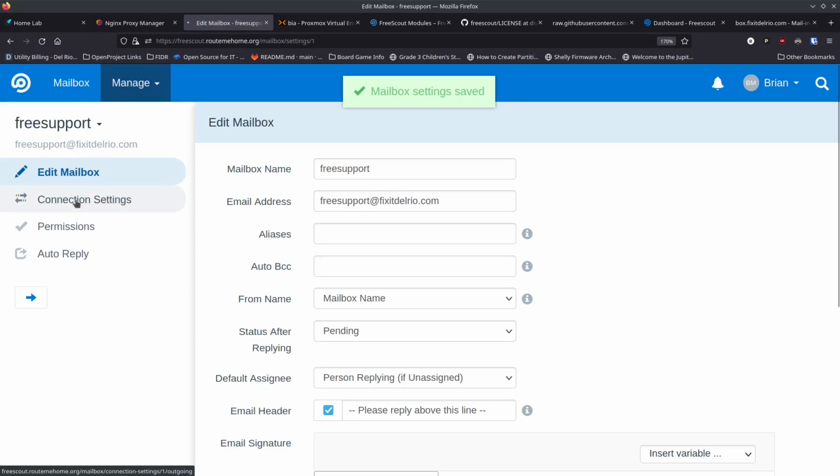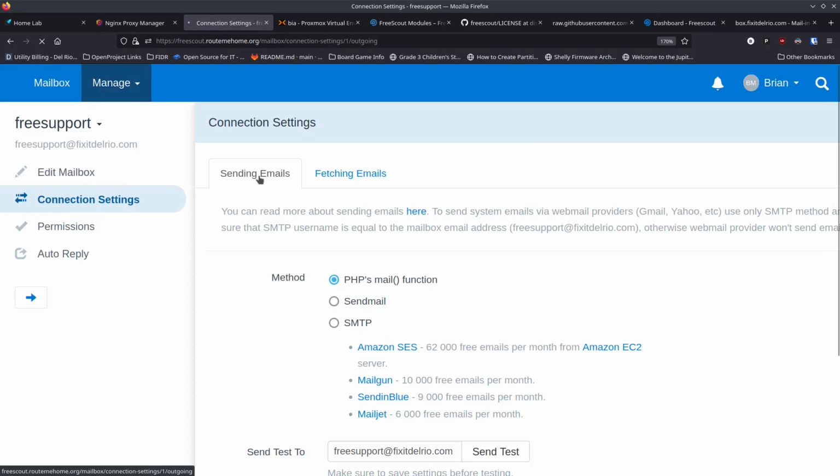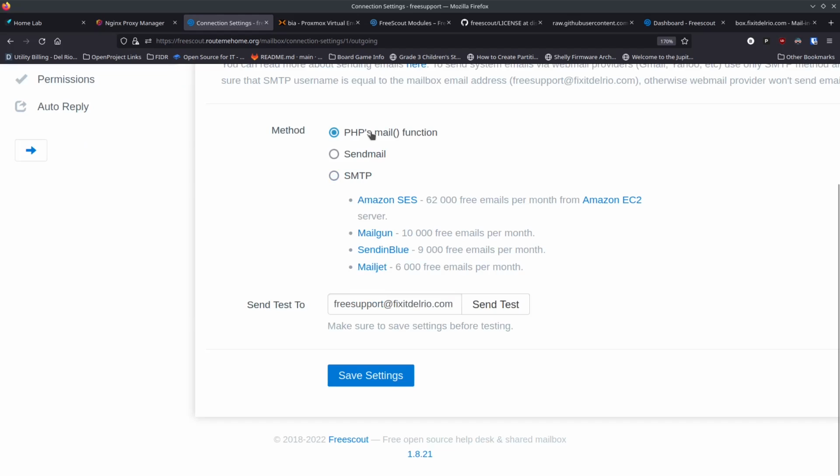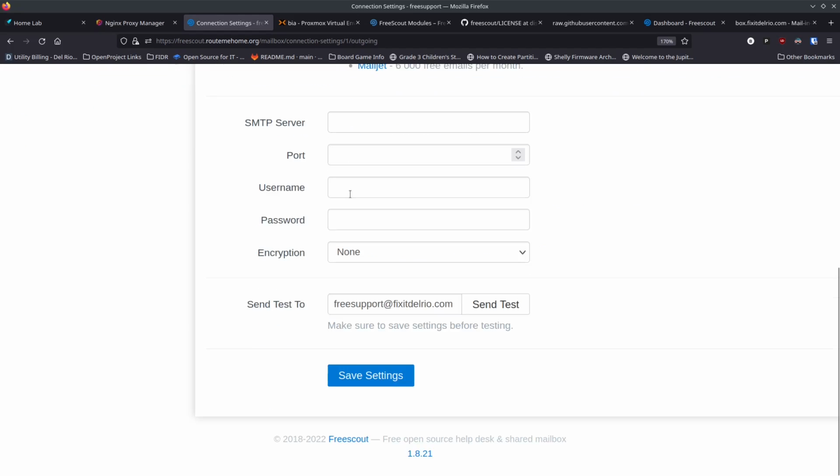And then once you're ready, you can go to connection settings. And again, sending emails, you need to set that up as well. So in this case, I don't want to use PHP mail. I want to use SMTP. I have my own mail server. So my SMTP server, I want to set that up. So I'm going to do